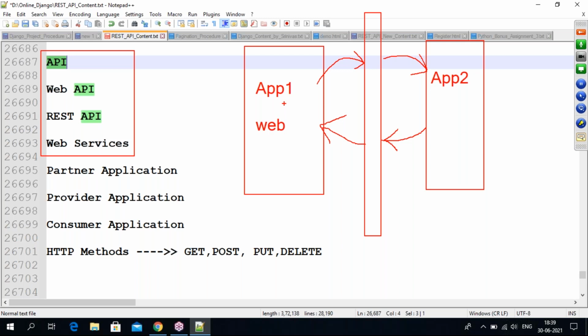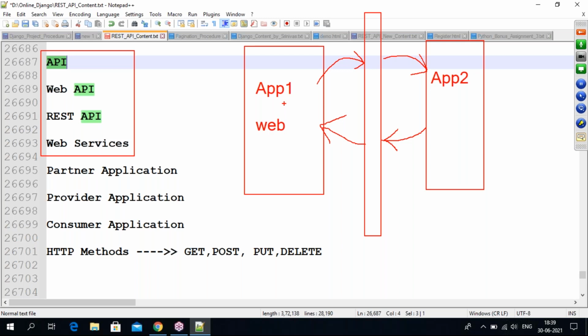These applications we call static applications. The applications which are able to work only with internet, we call web applications. For example, YouTube: without internet, we are unable to use YouTube.